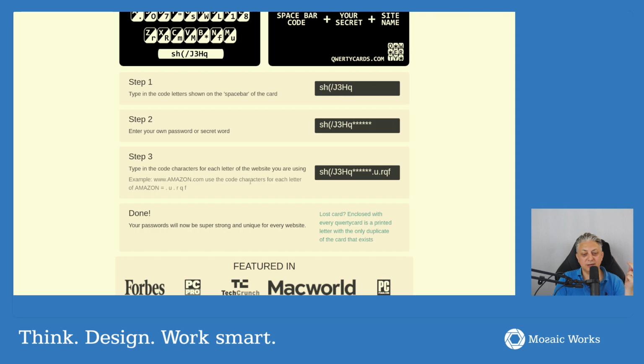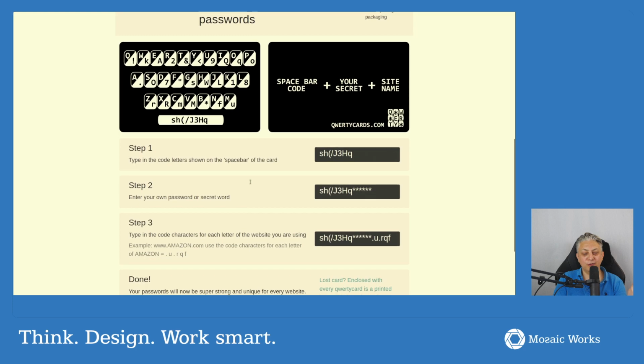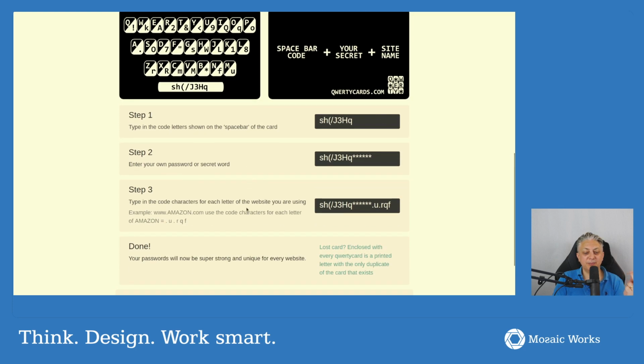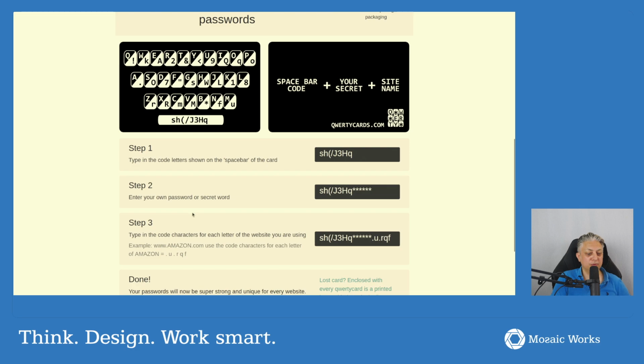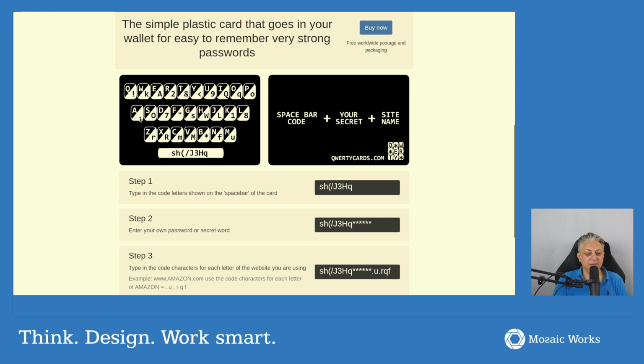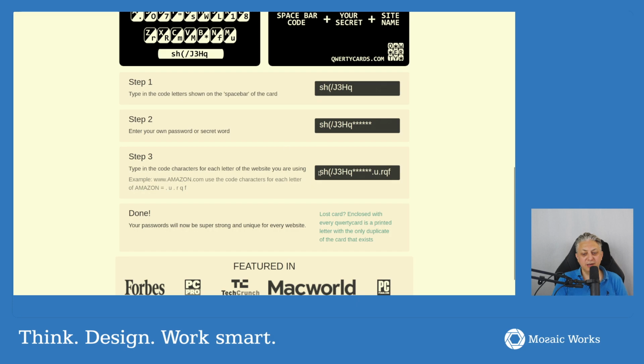is a code for the website that you are using. In this example, if you create the password for Amazon.com, you would use the coded version of Amazon according to this generated QWERTY card. That would be: A is dot, M is u, A is dot again, Z is r, O is q, N is f. And you end up with a password that looks like sh open parenthesis slash j3hq, then your secret password, and